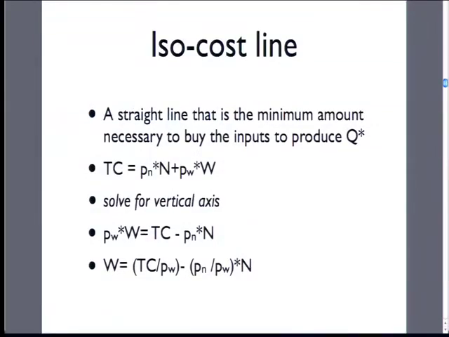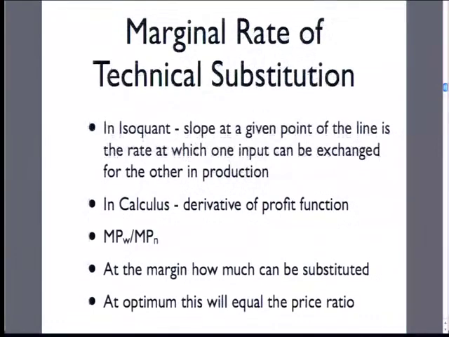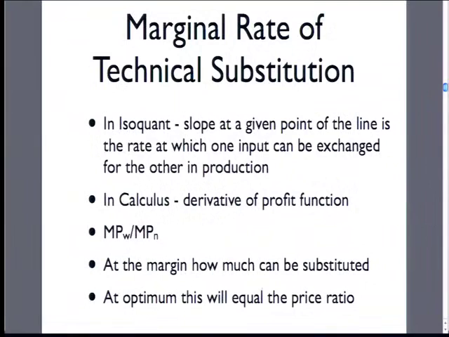So that's what I just did. It's the minimum amount that we would need to expend to produce Q star, some level of production that we've chosen. Here we have a term, the marginal rate of technical substitution. This is a very big mouthful. You can also, in an Econ 1 textbook, find it called the MRTS. This is important because behind all this, we have calculus, and we have marginal analysis behind it all. We always want to think